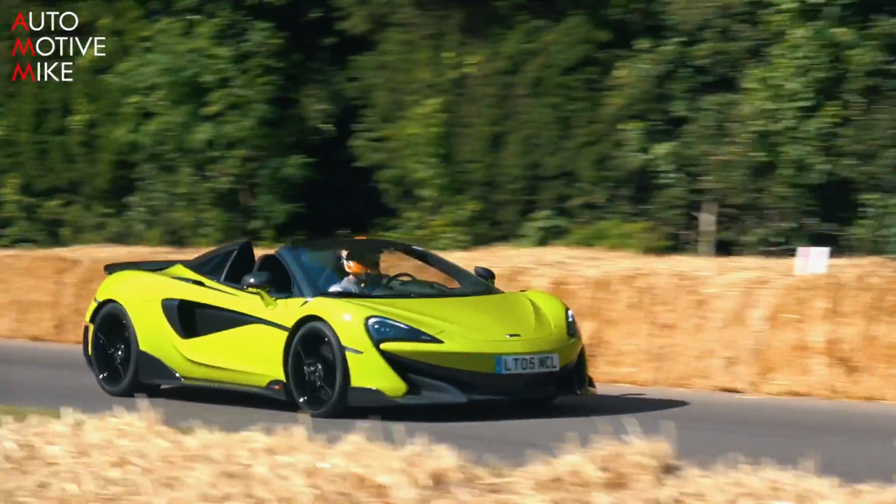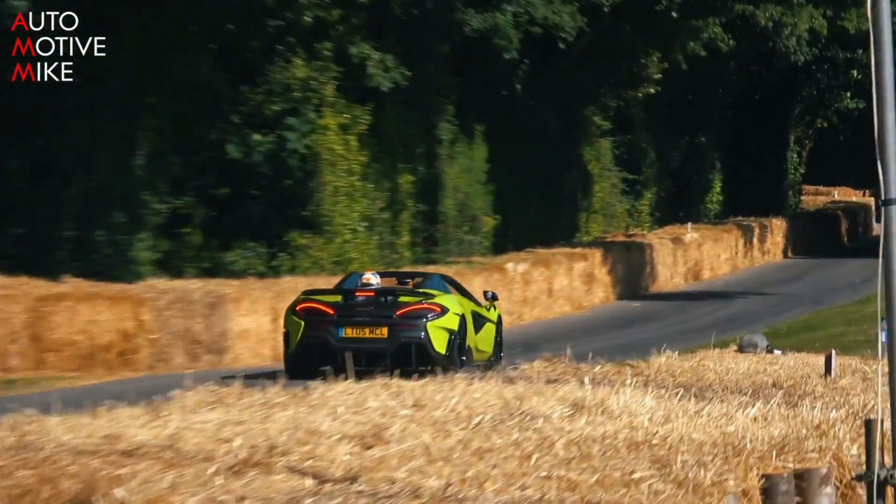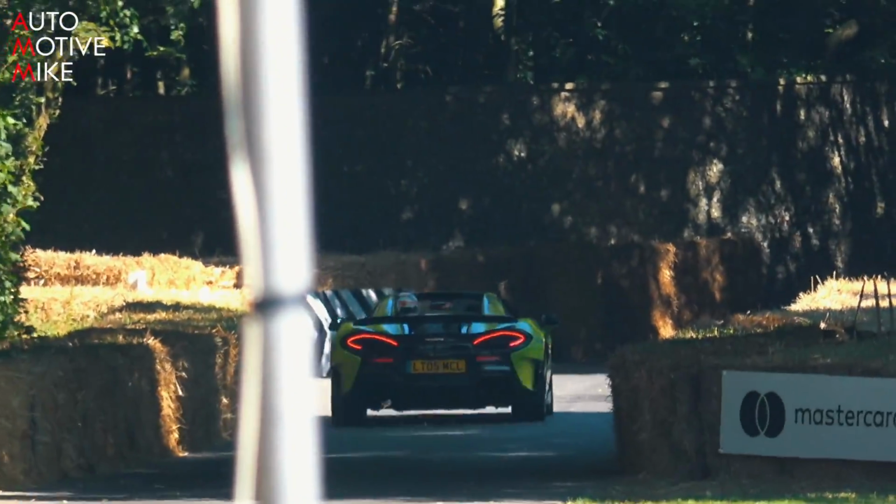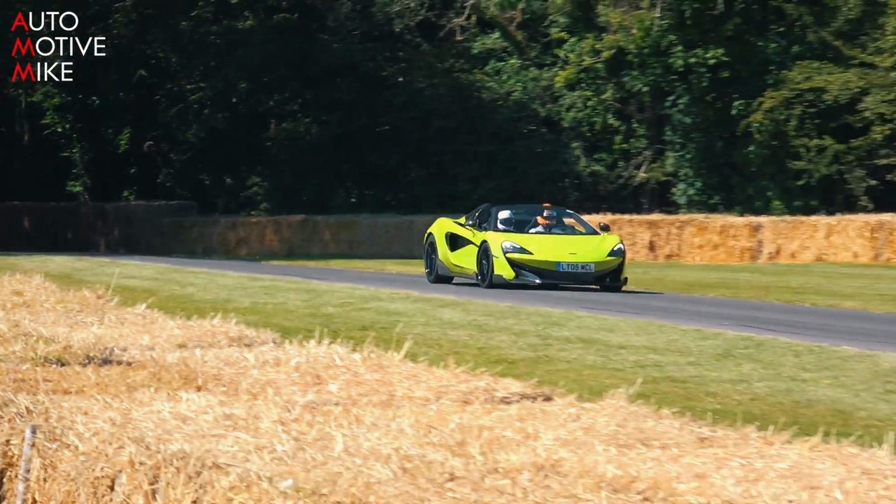car earlier this year, and there stands over to the right hand side of the Goodwood house just there. So do go and have a look at that. It gives you